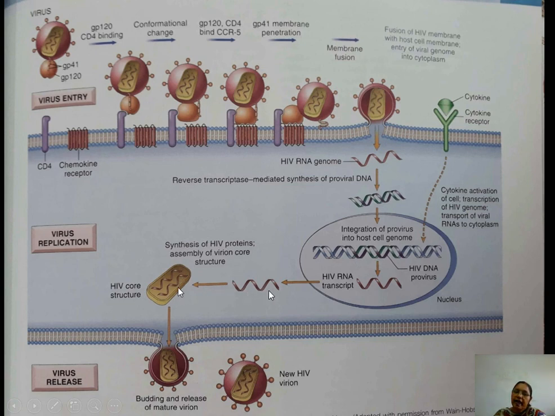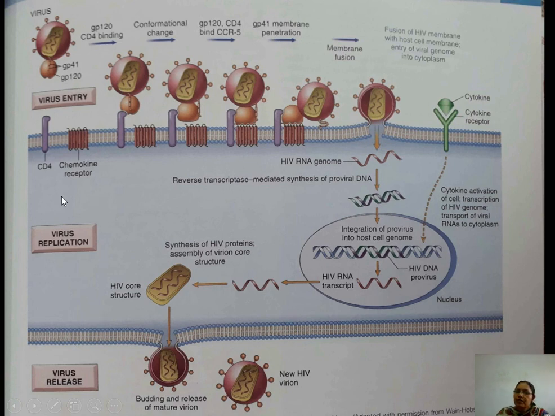Two RNA strands form the HIV core structure, and these HIV core structures are released from the cell by budding. Many of these virions are stuffed in the cell and they are released by budding, and there is apoptosis and death of the parent cell, that is the CD4 cell. So they infect many CD4 cells, and there are many copies of proliferated virions in the CD4 cells, and they are released by budding from the CD4 cells, and there is loss of many and many CD4 cells, and that's why they cause a decrease in the CD4 count and immunity.